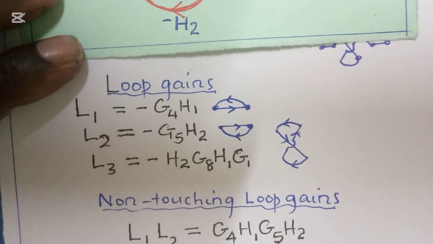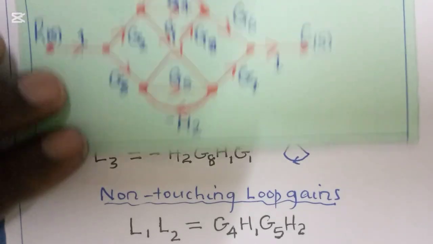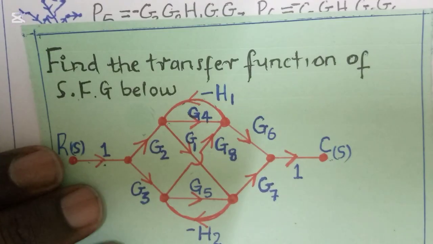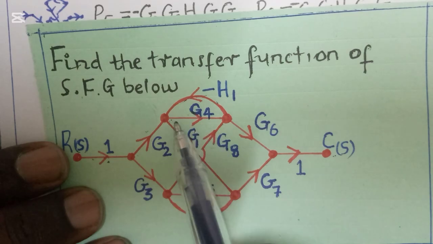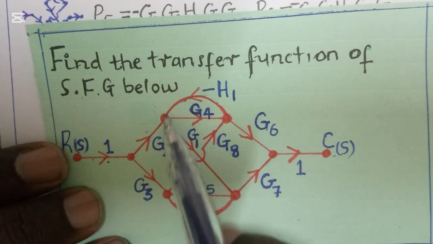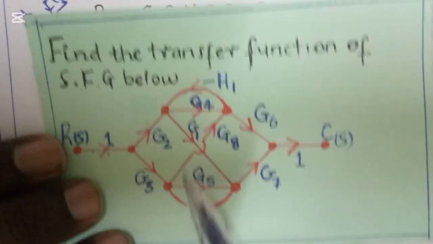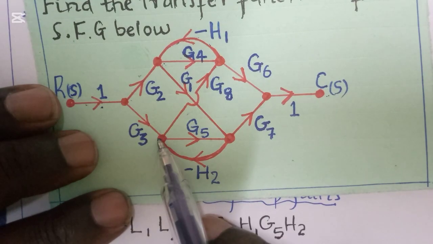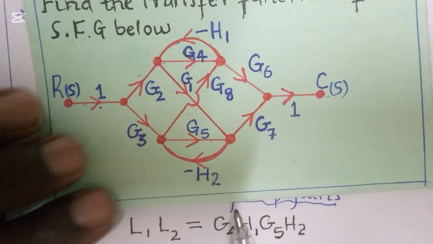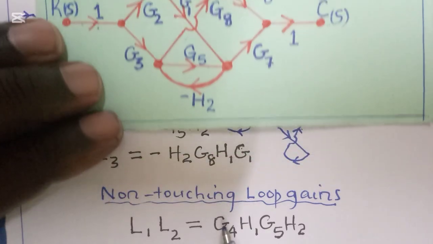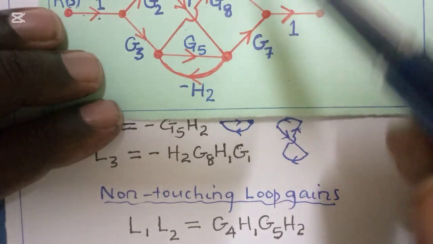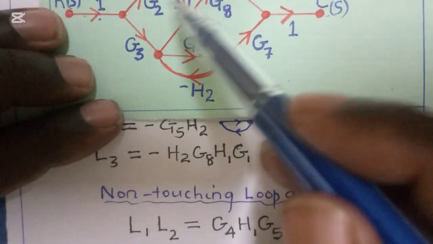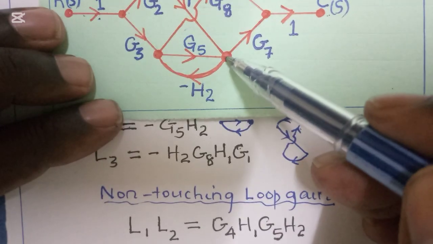The second thing, guys, we come to is the loop gains. For the loop gains, we have 3 loop gains here. One is G4, negative H1, and another one here, G5, negative H2. And guys, we also have another one here. As you can see, you can move this way. You can actually start here. You move